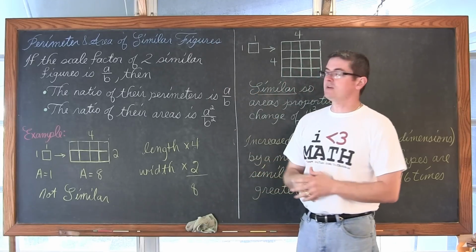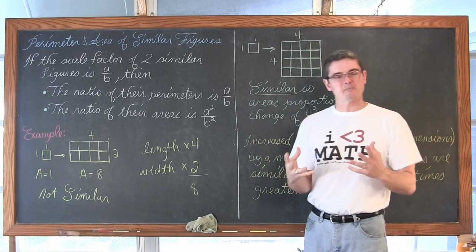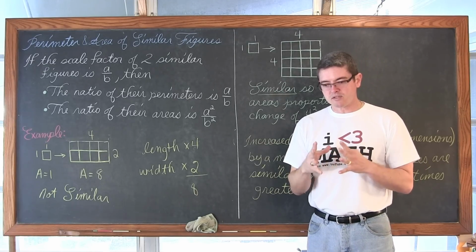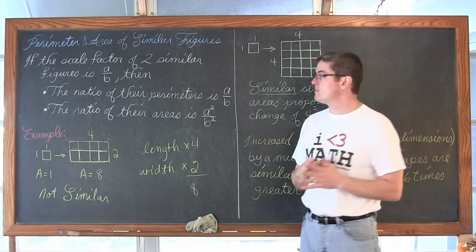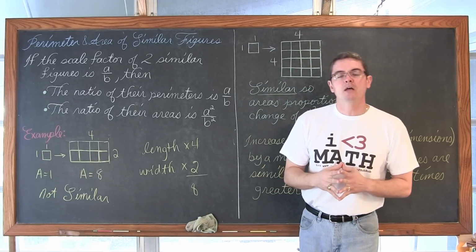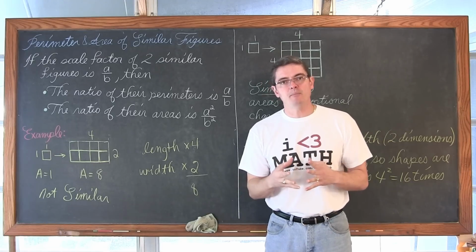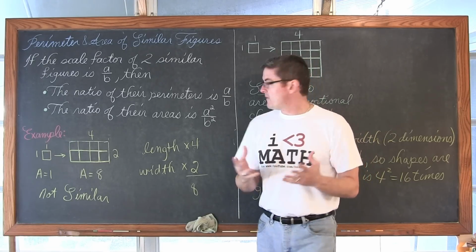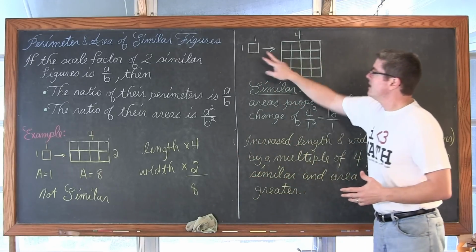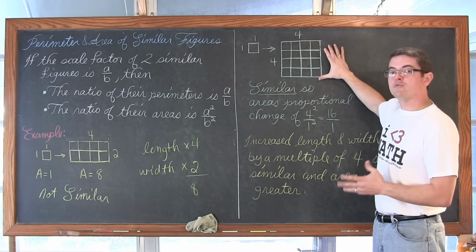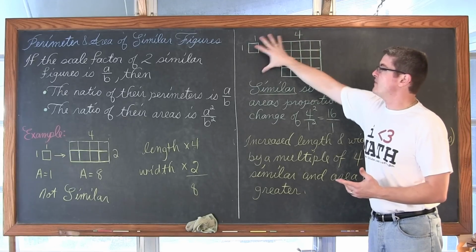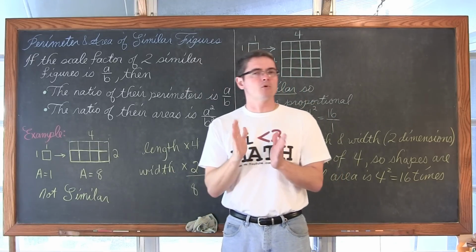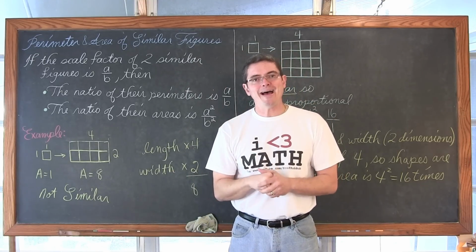Now, if you specifically talk about similar figures, I just wanted to expand on that because my textbook in this section deals with similar figures. Remember, similar figures are two figures that have the same shape but may vary in size. Well, if I have a square and I make it 4 times larger and I create another figure that's similar, remember when we talked about similar figures, the proportion of change for each of the sides had to be equal.